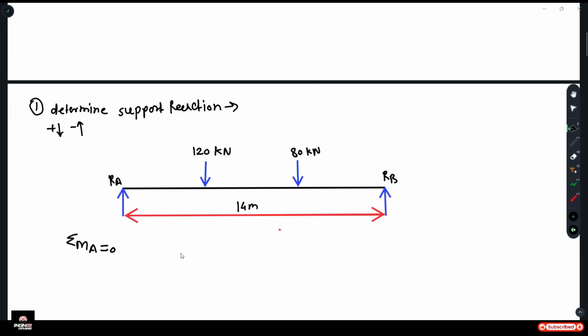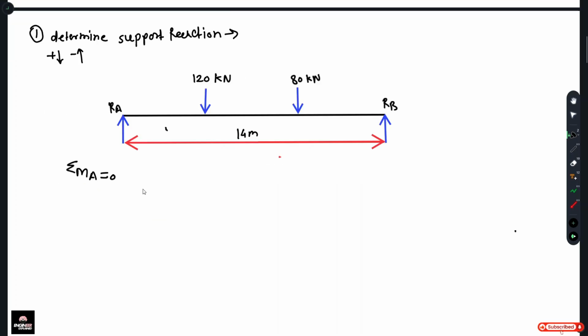The next step is to determine the support reactions. So summation of MA is equal to 0. First, the 120 kilonewton load: its distance from the support reaction RA is 3 meters. So 120 multiplied by 3, where the downward direction is plus and the upward direction is minus. So 120 multiplied by 3 plus 80